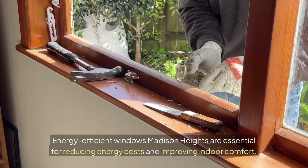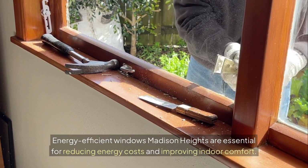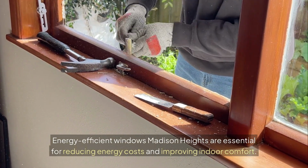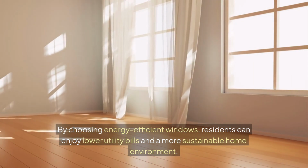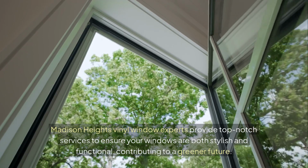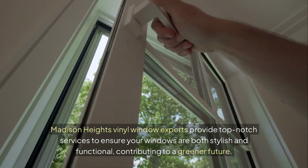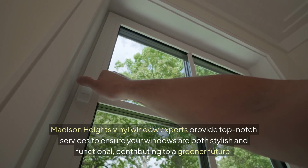Energy-efficient windows Madison Heights are essential for reducing energy costs and improving indoor comfort. By choosing energy-efficient windows, residents can enjoy lower utility bills and a more sustainable home environment. Madison Heights vinyl window experts provide top-notch services to ensure your windows are both stylish and functional, contributing to a